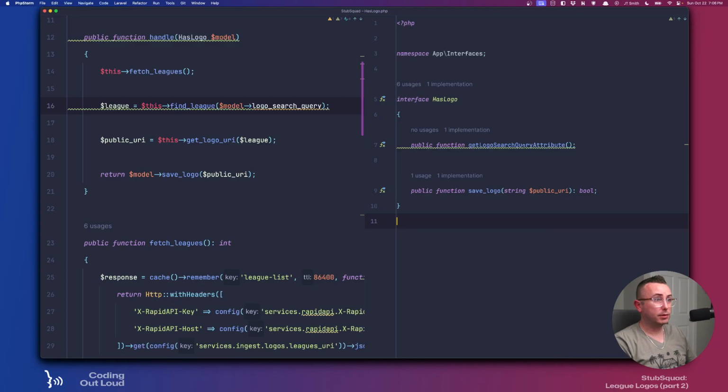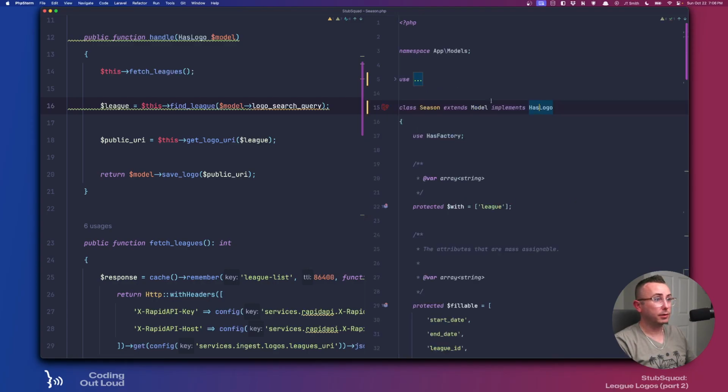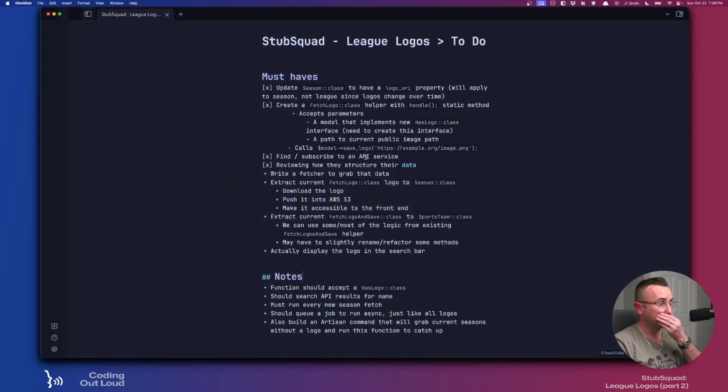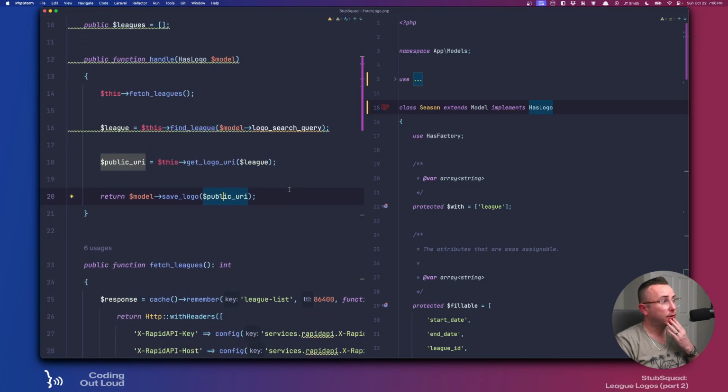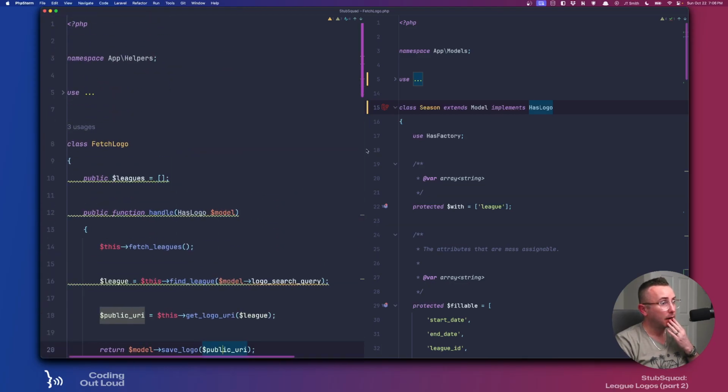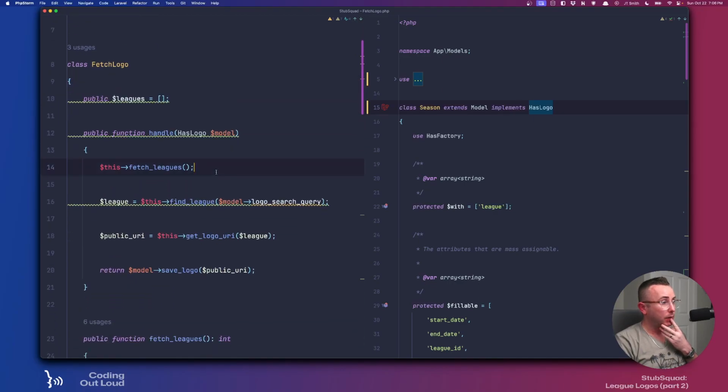All right, so what do we need to do first here? Let's go back to our list. So write a fetcher to grab that data. So I think, do we want to refactor first? Kind of think we do. And what I'm thinking is right now, this is very league centric. So we're going to want to genericize it,